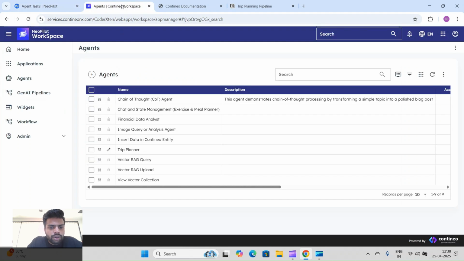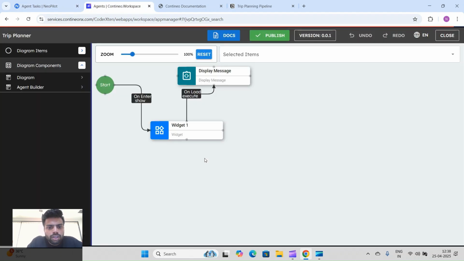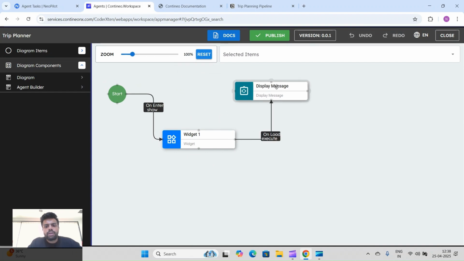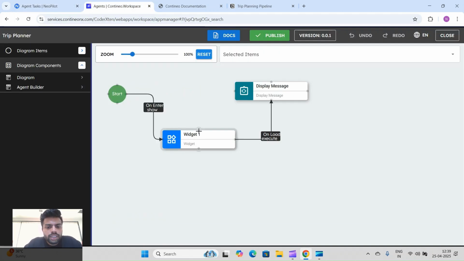So we have come this far. After this, the next part will be, at this stage you will see the user will provide input like, I want to travel to Dubai for 5 days. So we got this input from the user, right? So now after taking this input from the user, we want to do some processing and research and show the output, that travel plan, to our user, right?